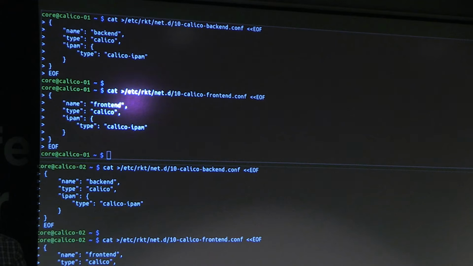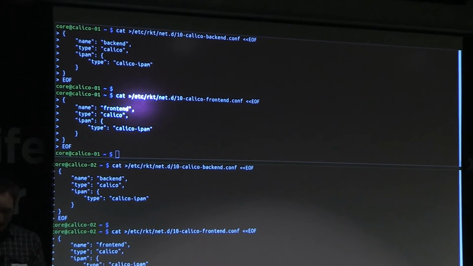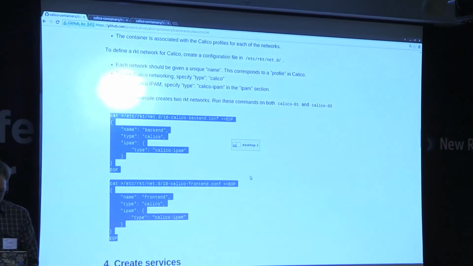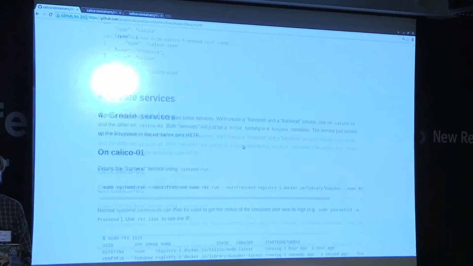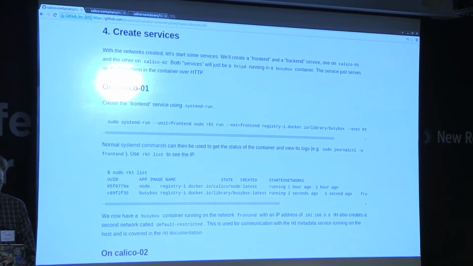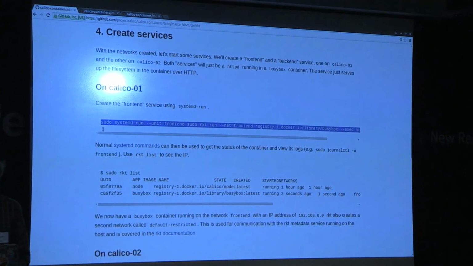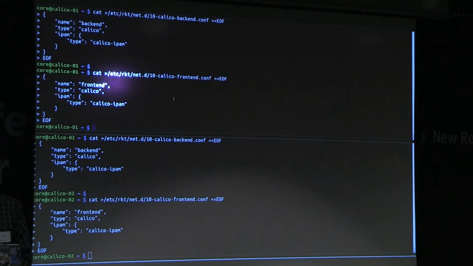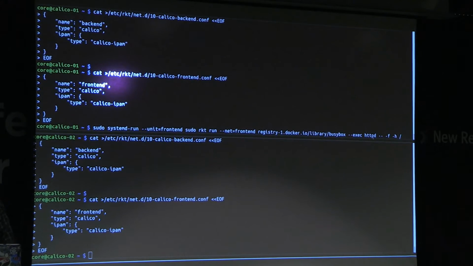So that's configured Rocket to use Calico for the networking. Now I can start some services using Calico for the networking. So I'm going to copy and paste again for that. I should have really used Nginx here for my services. I should have prepared better. But I'm just going to use a BusyBox container running the inbuilt HTTPD